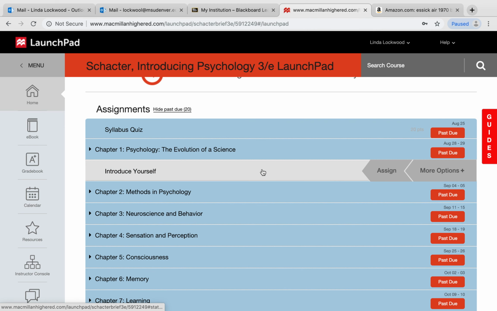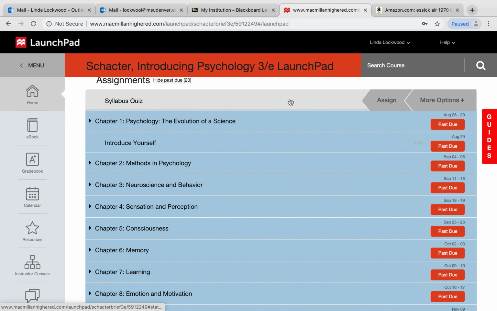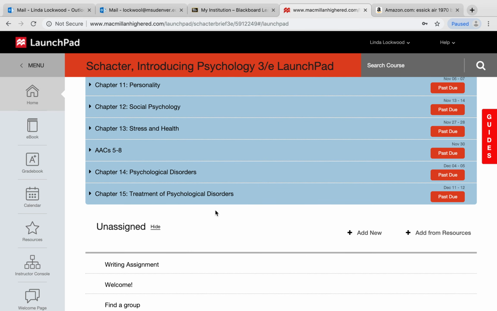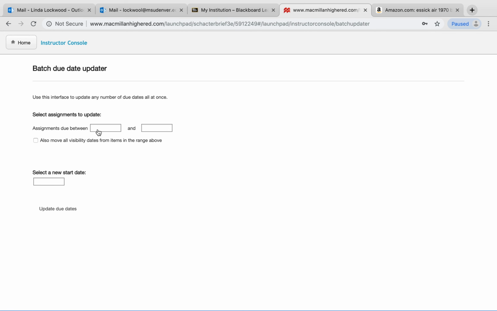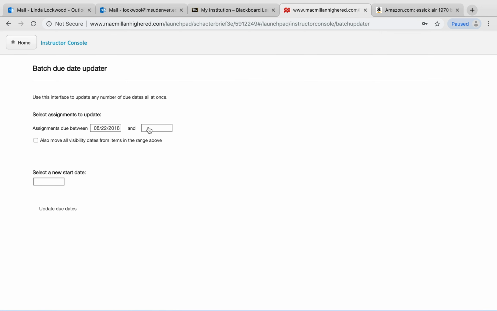If you look here, this is the shell that's left from fall with assignments starting in August and ending in December. So what we're going to do is go over here to the instructor console, click on that. We're going to click on batch due date updater. And what it's going to do is allow us to put in the dates that those assignments occurred within. And so we'll go back here, and those all occurred from like August 22nd through